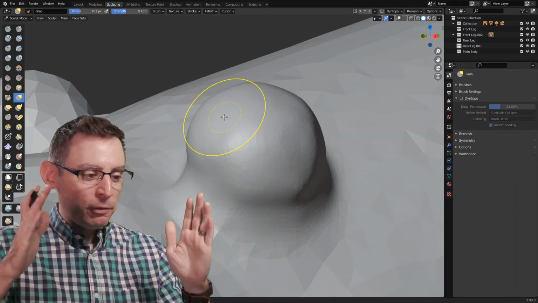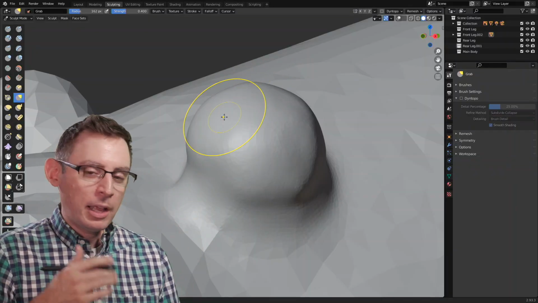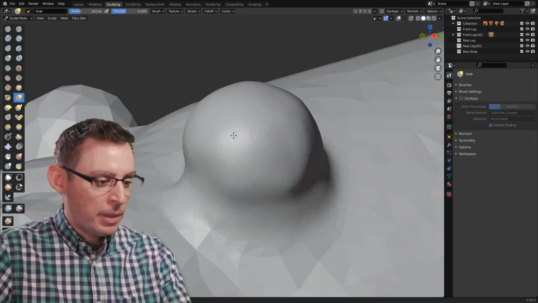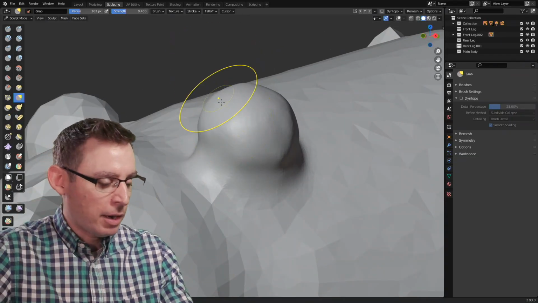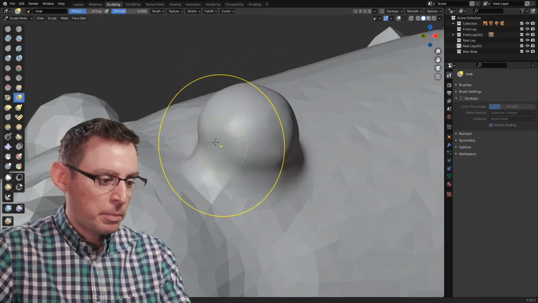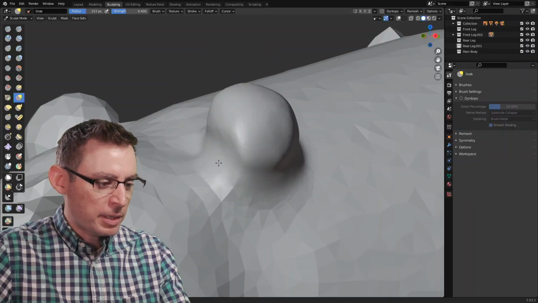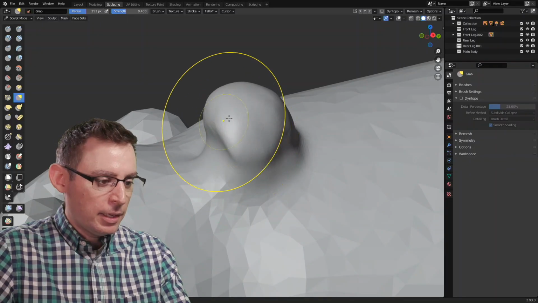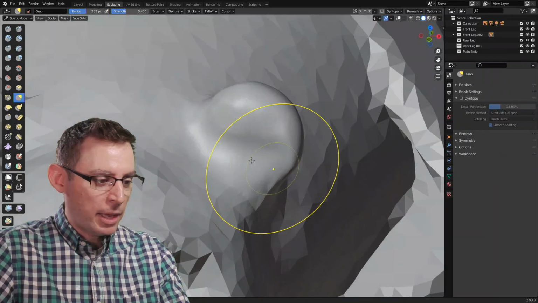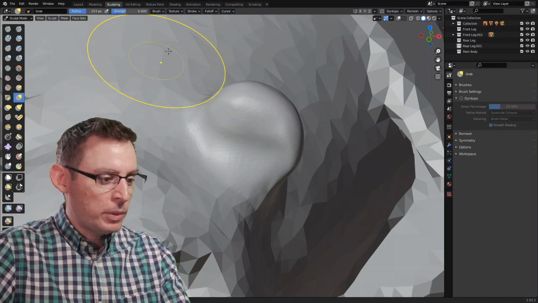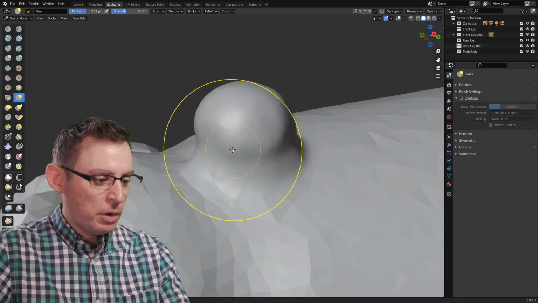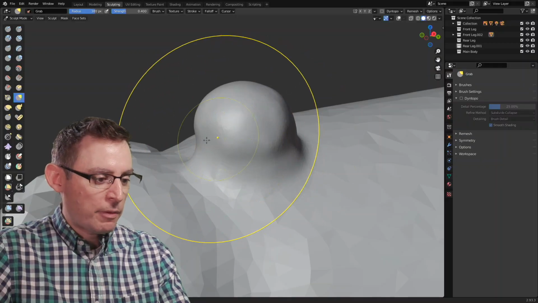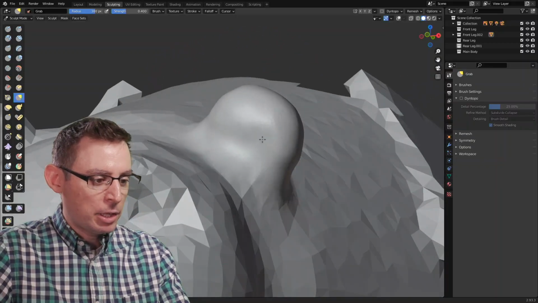Now I need to start flattening my ear a little bit, and I like using the grab tool to do that. However, in order for me to have a pretty big effect on the area, I need to make my brush pretty big. One of the things that I'm noticing as I do this is that, yeah, that's kind of cool, I like that. But I'm also influencing the area around the ear. Let's go back in time a couple steps. Whenever you're making big changes, you've got to have a big brush. Yeah, that's a little bit more like it.